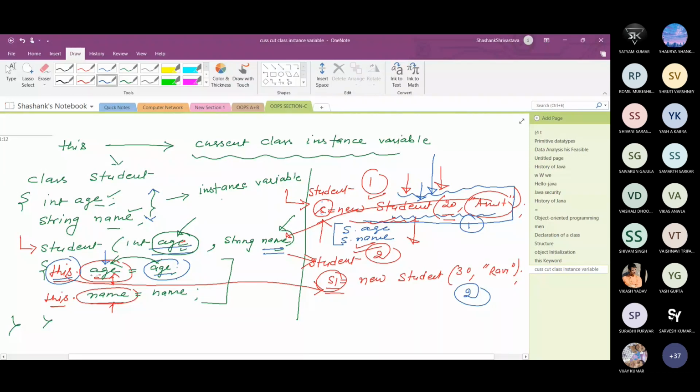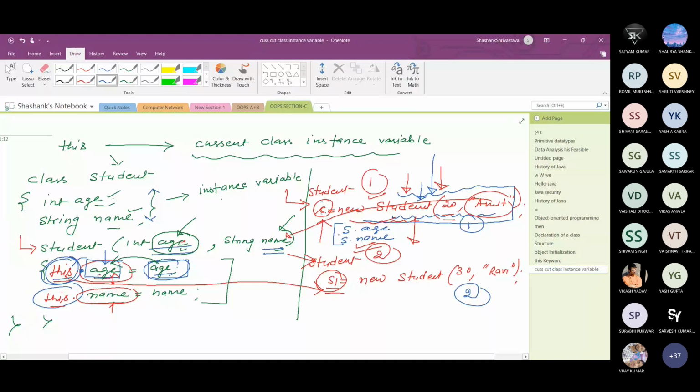In order to distinguish this age from this age, because both variable names are the same, the left hand side age is the instance variable and the right hand side age is the local variable declared in the constructor. So we need to put the this keyword here. When I write this dot age, it means s dot age. If I write this dot name, it means s dot name, because this refers to the current class object, the current object.